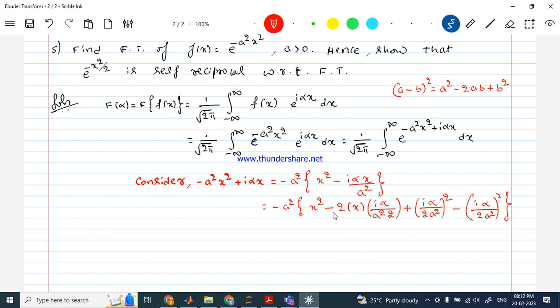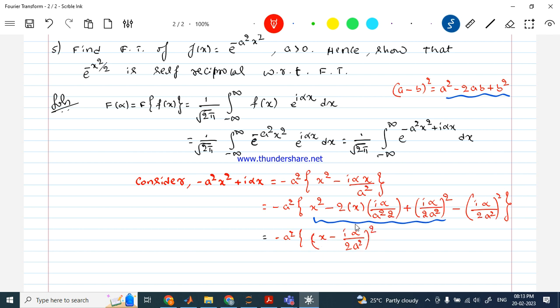Okay, a square minus 2ab plus b square. So this expression is the same as this expression for me now. So accordingly, this becomes minus a square times a minus b. So a is x minus b refers to i alpha by